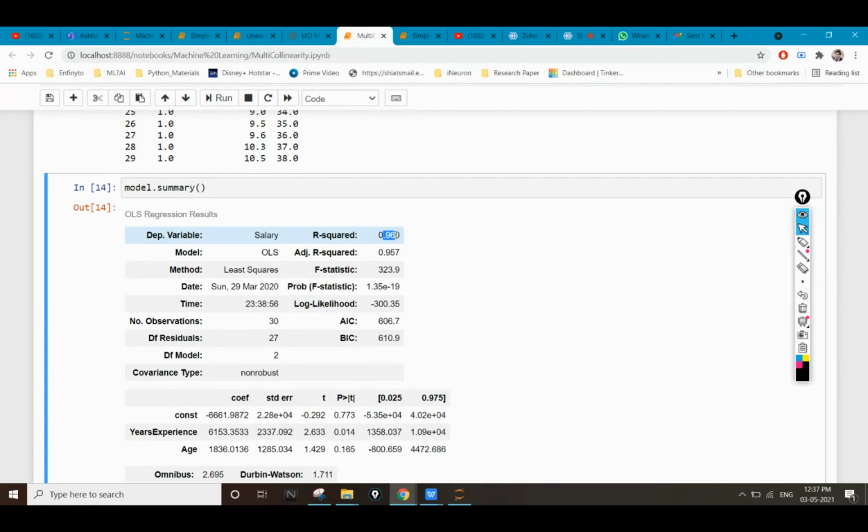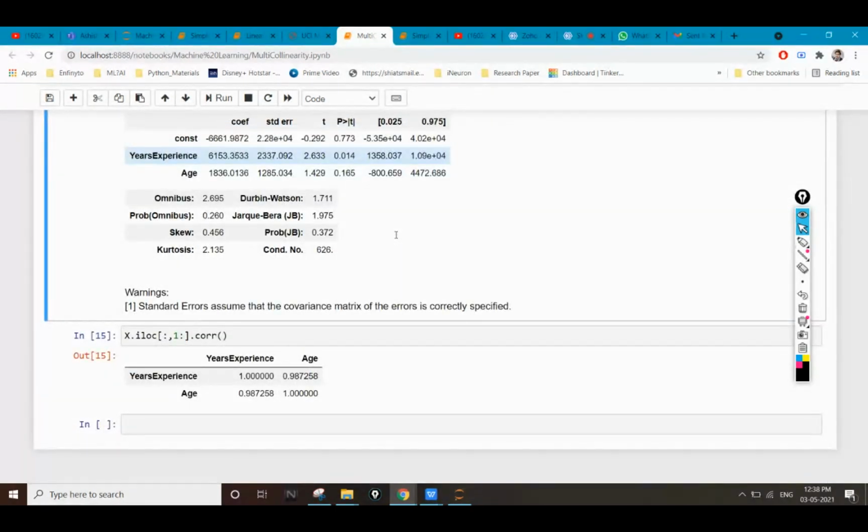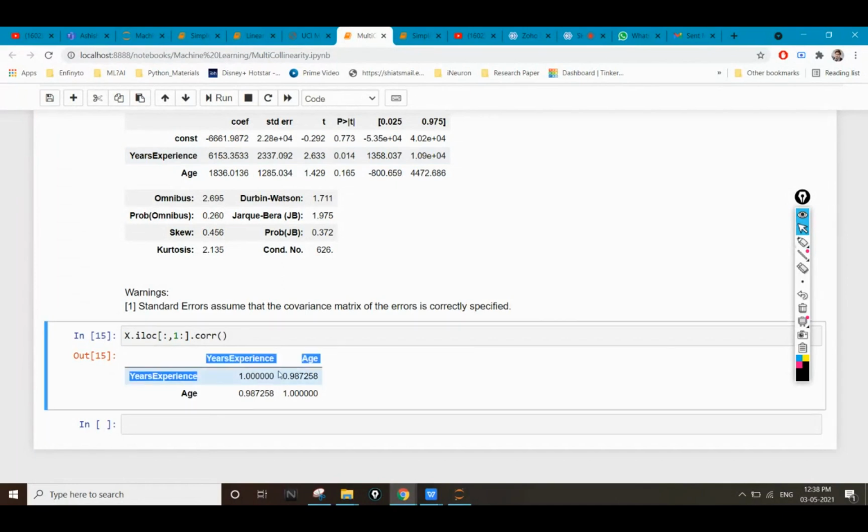But if I check the correlation, you can see that the correlation between year of experience and age is greater than 0.98.